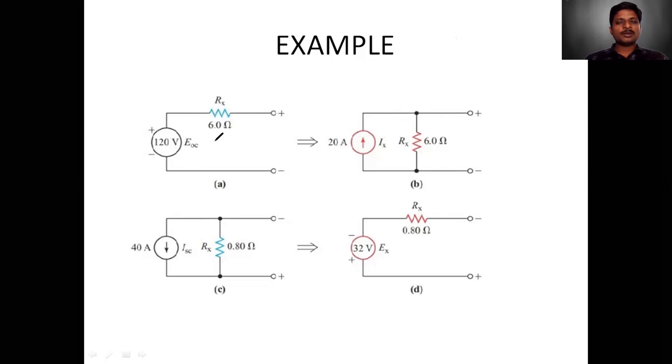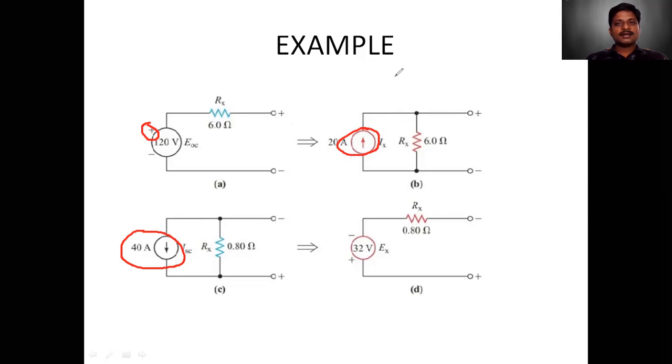So you have to remember V is equal to IR, Ohm's law. Therefore 120 by 6 will give you 20 amperes of current. 20 amperes in parallel with a 6 ohm resistor will be the equivalent current source of this given voltage source. So this is called source transformation. Now we will be looking into current to voltage source transformation. Here you can see a 40 ampere source is given, and one more thing I want to say, here the plus is on the top, therefore the direction will be from bottom to top. Based on the polarity you have to make the direction.